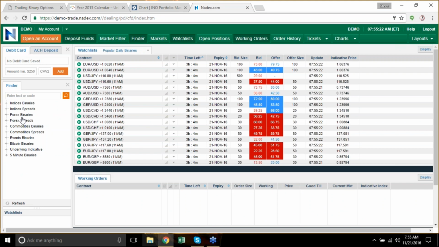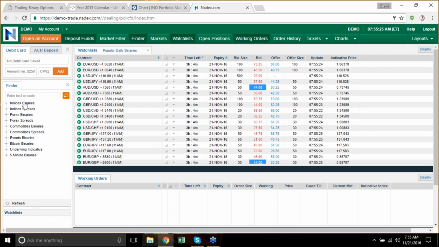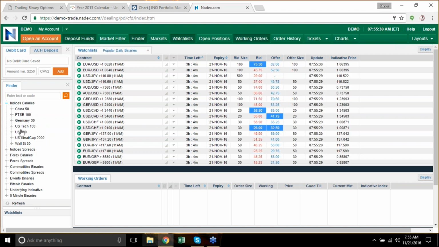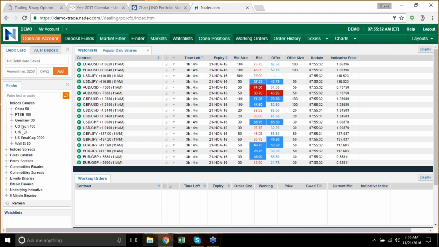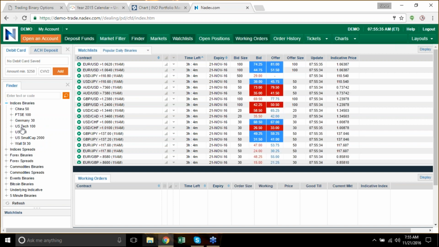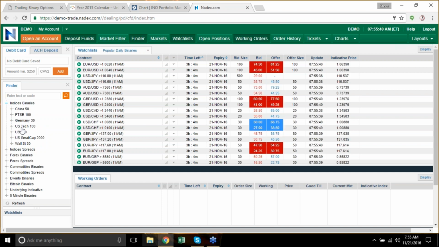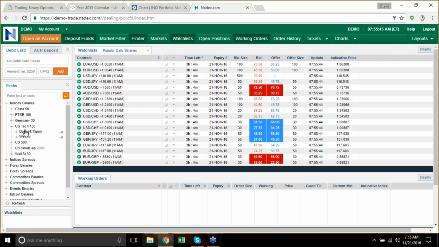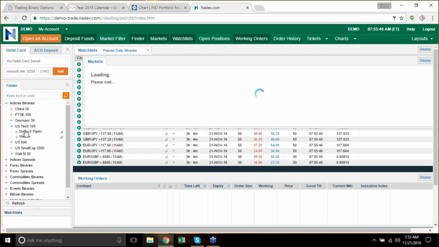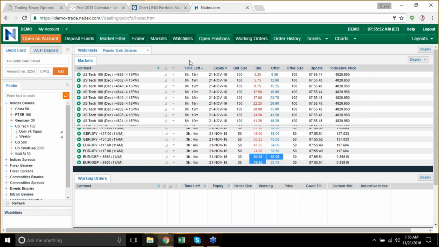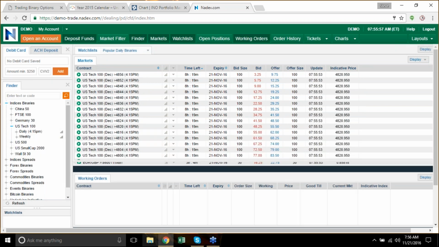So in your Nadex account, you would go to indices and binaries, and this is off of the NASDAQ. At Nadex, we actually trade the US Tech 100, which is the NASDAQ 100 futures. This is different pricing than the NASDAQ itself. The data that I have is strictly based on the NASDAQ itself, so they will be a little off. So if it's on a really close trade, potentially you lose and the system itself wins, or vice versa, etc. But that's the best we have at Nadex.